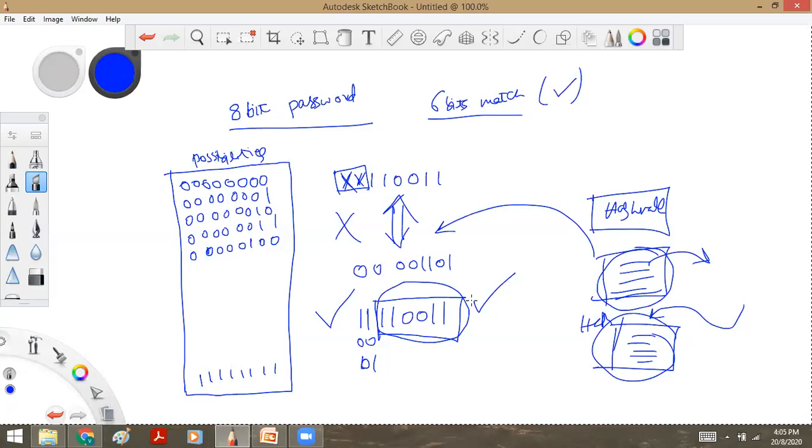Now, how is the difficulty calculated? Initially the difficulty was only 1. That means probably only 1 bit is to be matched. Say, for example, 1. All other things are random only. So if you get a nonce with the last digit as 1, you solve the puzzle. That's it.